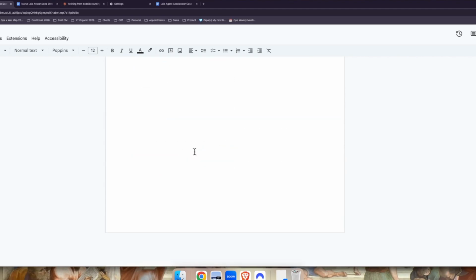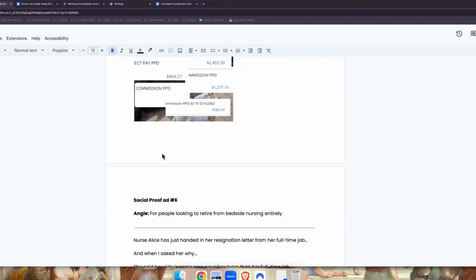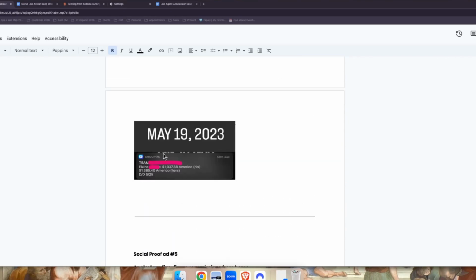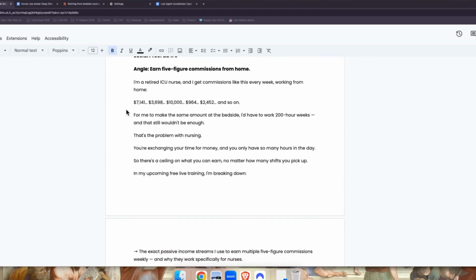So that's literally what I'm going to do for ad number 6. So that brings the end to our direct ad and our social proof ads. So next up is the scalable ads. So these direct ads, they focus on the top